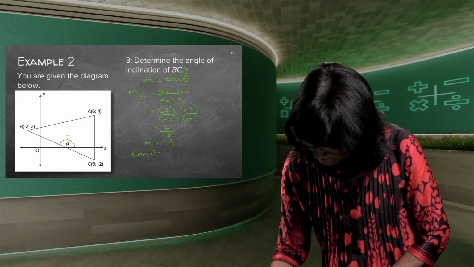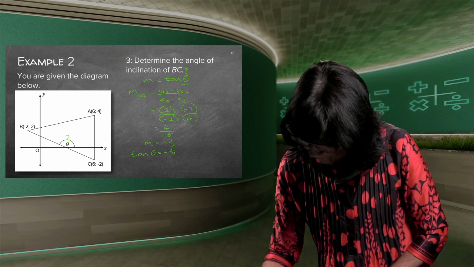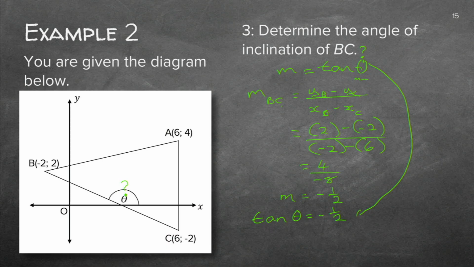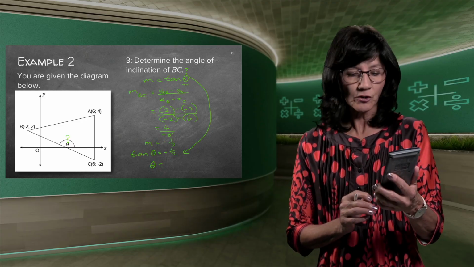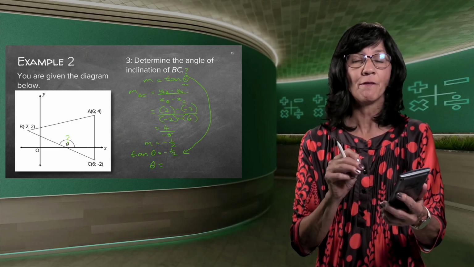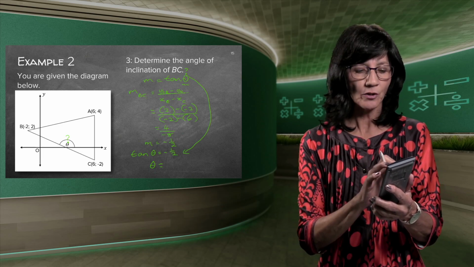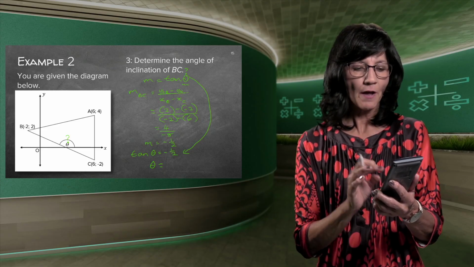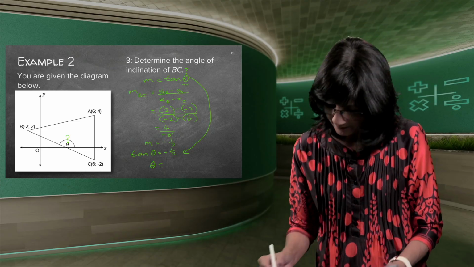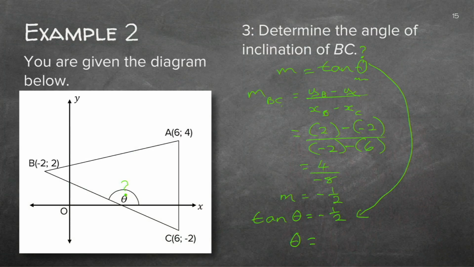Tan theta is equal to minus a half. There's the formula on the top. I found the m now, so I can just replace it, substitute it. That's what one does with formulae. And you remember how one gets the theta all alone? You need to tell the not-so-clever calculator, you the clever person with it in your hand, I'm going to now give you a value, not a degree. So you need to click Shift tan minus 0.5 or minus a half. And that gives you minus 26.6.